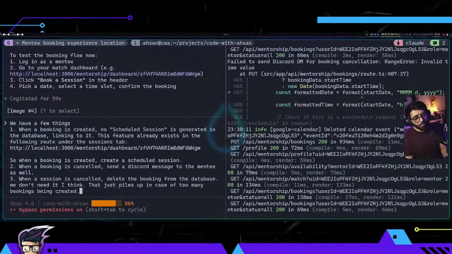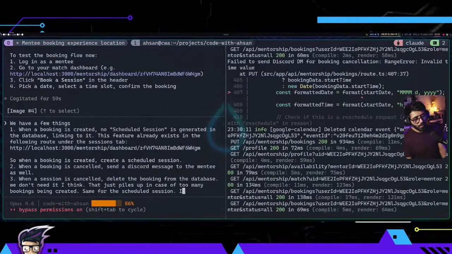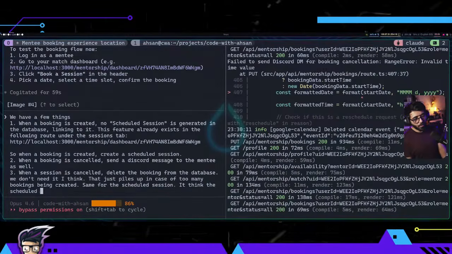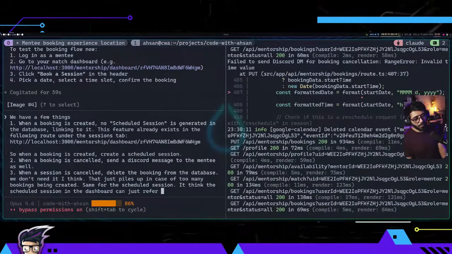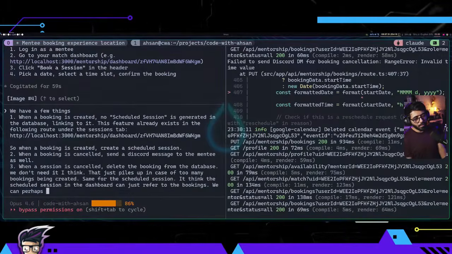So we should not have them. Same for the scheduled session. I think the scheduled session in the dashboard can just refer to the bookings. We can perhaps just remove the schedule